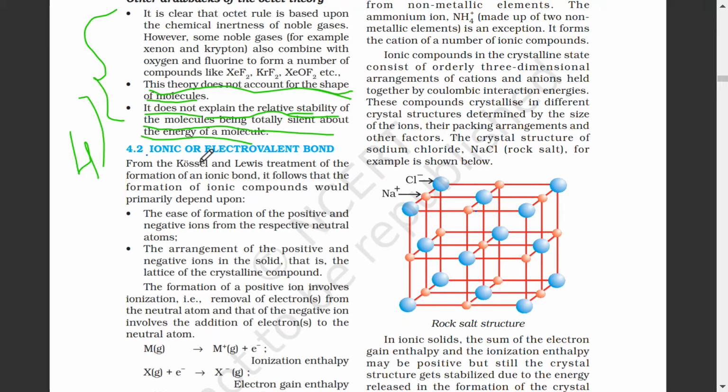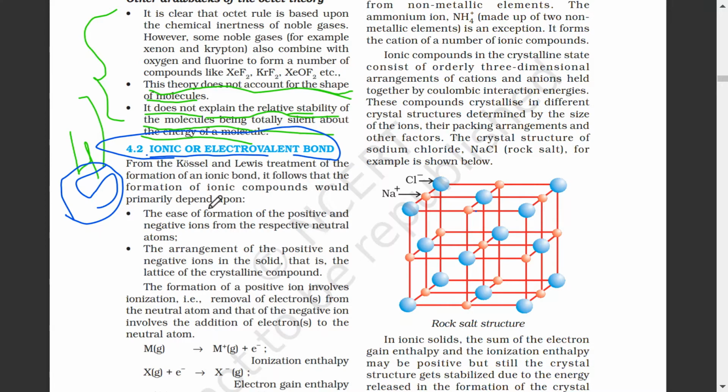So, ionic or electrovalent bond. We are going to study this today. This is lecture 5. Let us start. From the Kössel and Lewis treatment of the formation of an ionic bond, it follows that the formation